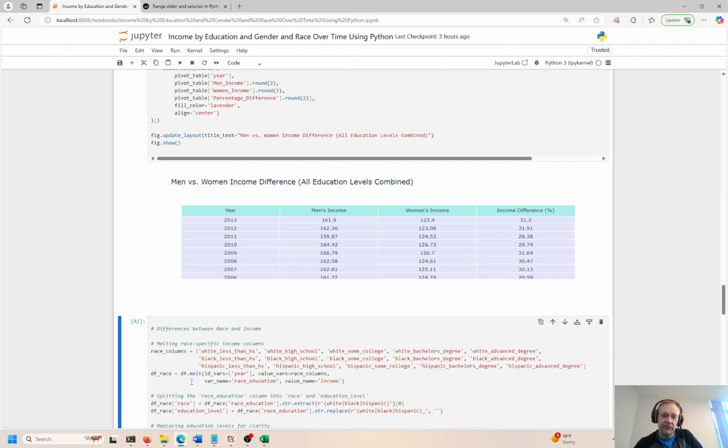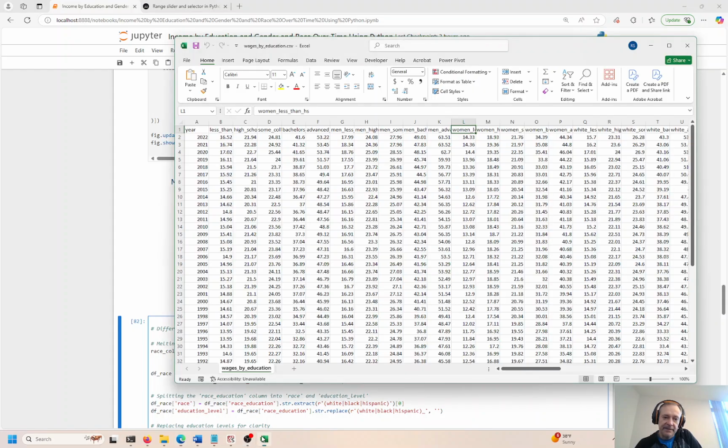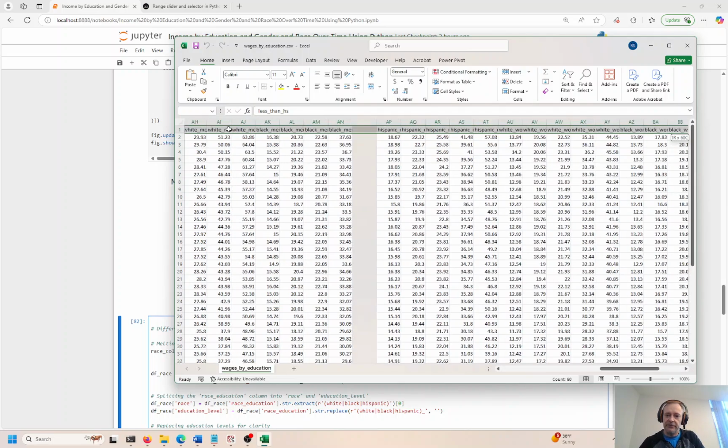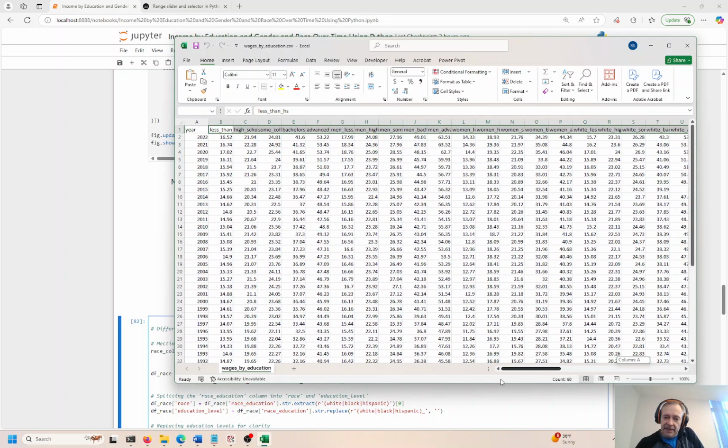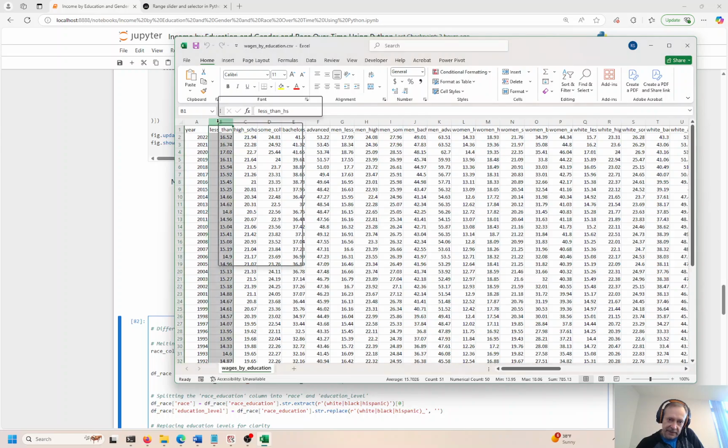Let me go ahead and melt the data frame again because we get this funky view that's given to us initially. Not super easy to work with. 60 columns. Yeah, 60 columns. And we have things that should be stacked on top of each other with an identifier in this column. So ideally, you would have